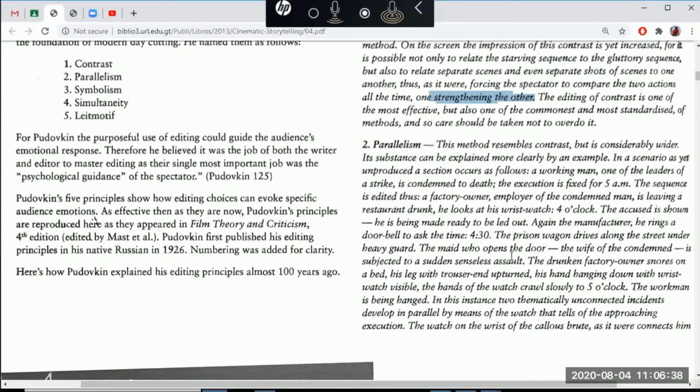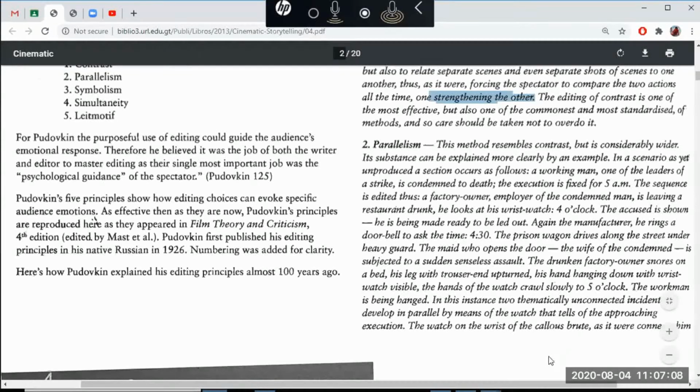One situation is showing the misery of one person, and the other is showing a man who has everything to enjoy. He would leave drunk at 4 in the morning, go home, and somebody will open the door for him, right? So the assault of one is cut against the corruption of another, right? So it says that we finally see the factory owner lying on the bed snoring, and his